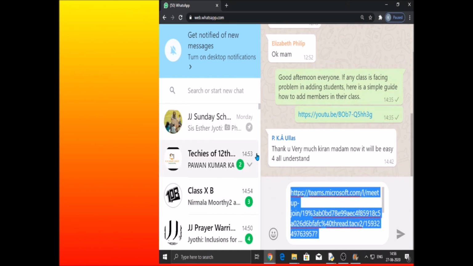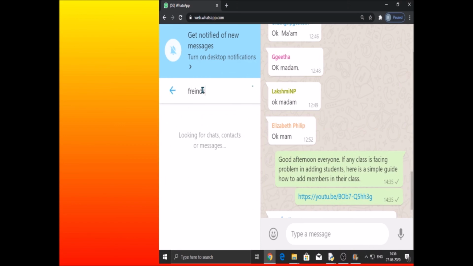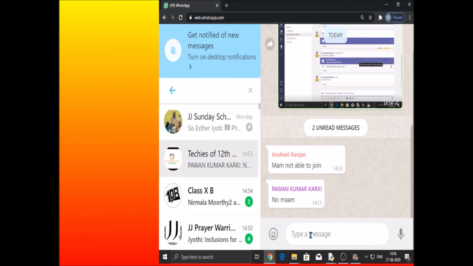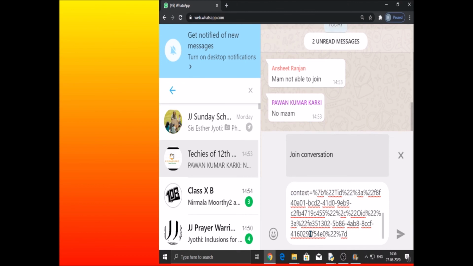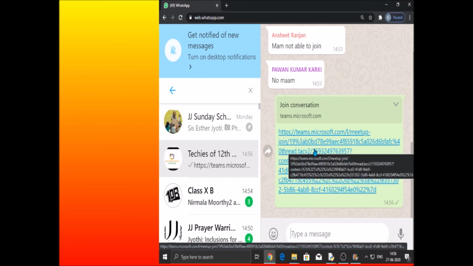Okay, so here I am not sending here. Yeah, I'll share it with the friends group, right? So okay, here I am sharing with the 12th standard children. So here you can see join conversation I have given. So this is the scheduled team meeting, that is they can join